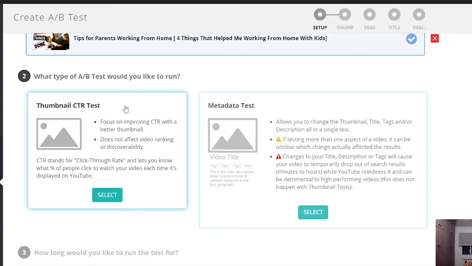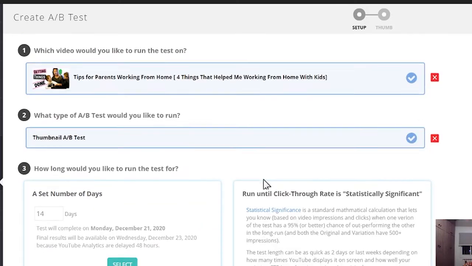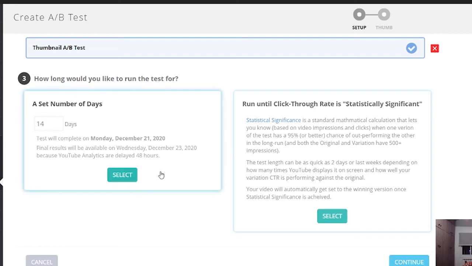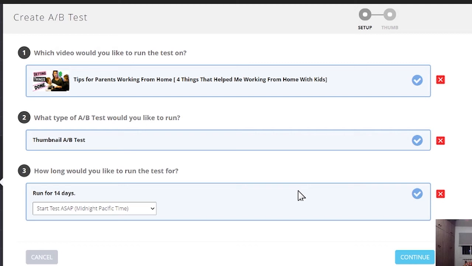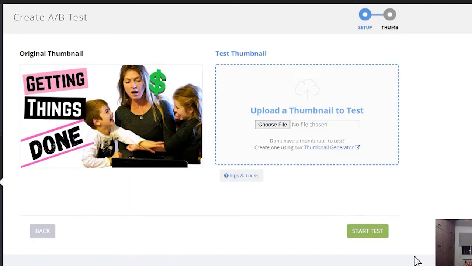Now, thumbnail CTR test, click select, then go down and set the number of days. 14 days is the minimum range to really check your thumbnail for performance, and best if you can make it 30 days and be patient. So I'll choose 14 days and I click select, then go down and click continue.